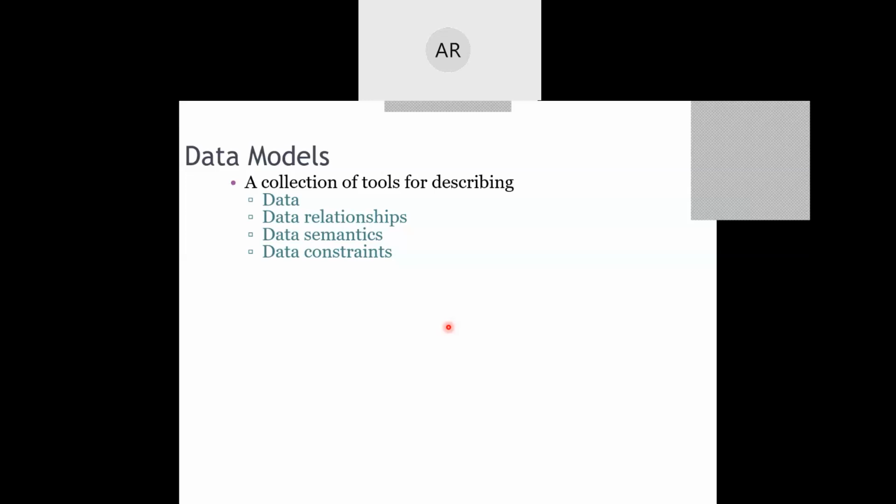So just revising, what is a data model? A data model is a collection of tools describing what the data is, what the relationships among the data are, what the semantic behind the data is, and what the constraints involved in the data are. So data models are tools which help us to define and describe the four things that we have learned here.